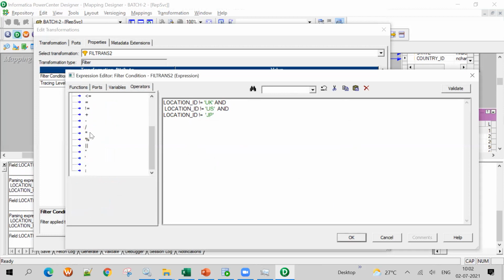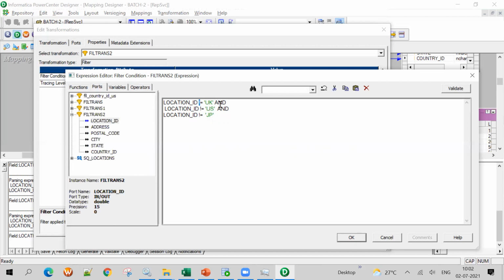Raj, can't we use the not in operator? We can use it, but it will also take it. Why will it not take it? I'm not sure. Location ID is not equal to here. The spelling is correct, right? Location ID, or location ID not UK we can write, I guess. We'll see. Or we should use like.